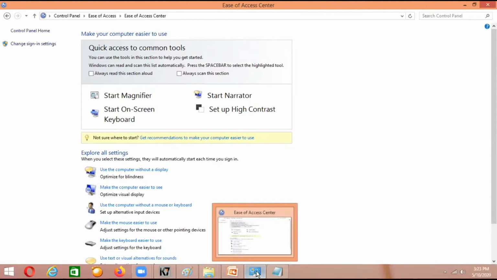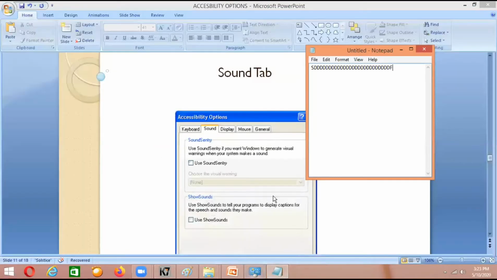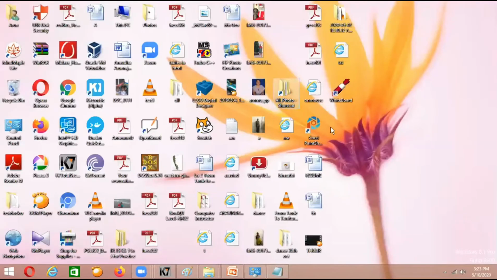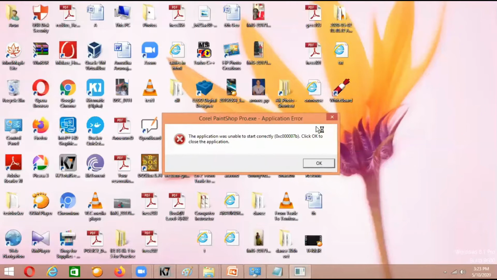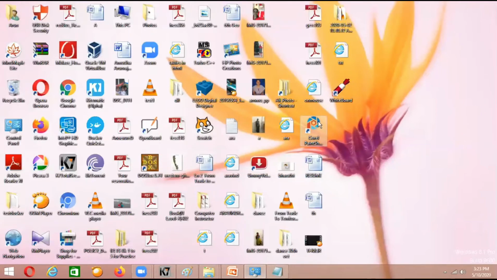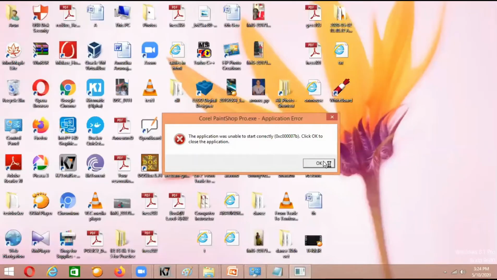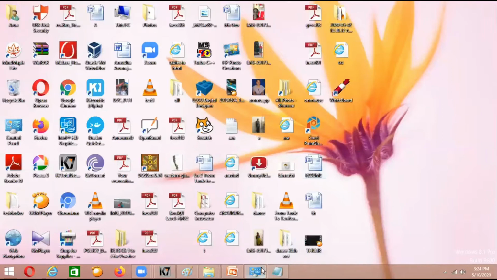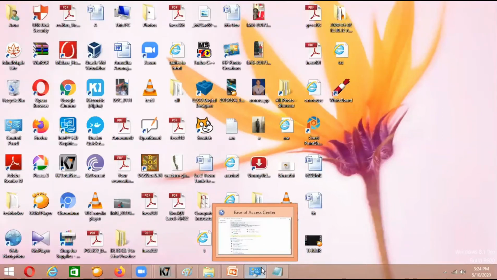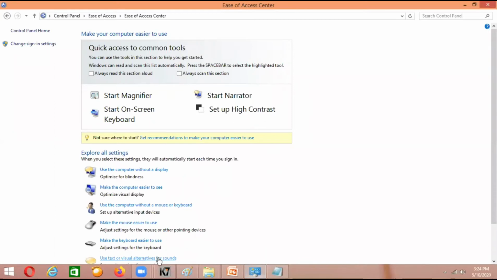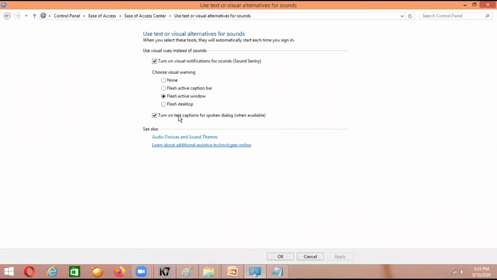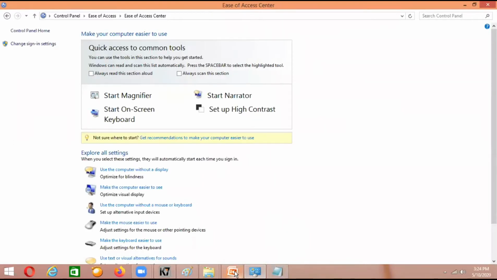Now let's see what happens. Okay, I have to generate a sound. I just clicked on this. I have an application here which has an error on my desktop. So I just clicked on this. Did you notice this? The window got active, the screen got active, the desktop got active, right? Okay, fine. Again, I'm going there, and this we can't use now. Okay, and then the next tab,